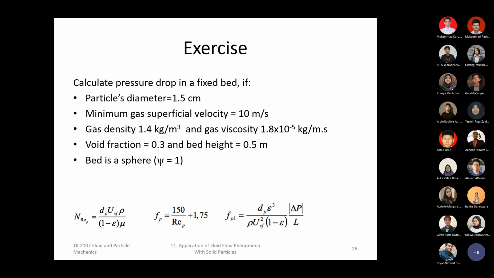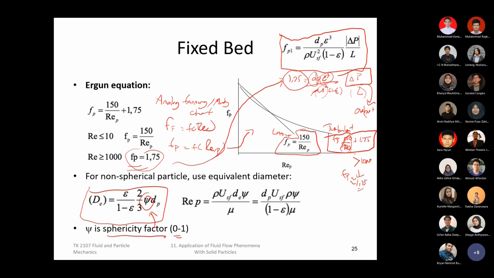So this week and next week will still be a course, and because of this time limit and I couldn't finish the session by now, next Friday will still be by me, by myself, to finish this fluidization part. Hopefully we can finish it in 1 hour so that Pak Wawan will still have next week 3 hours to finish the rest of the slides. For now I will finish the fluidization part up until slide 25. This should help you to finish the delta P correlation in a fixed bed.